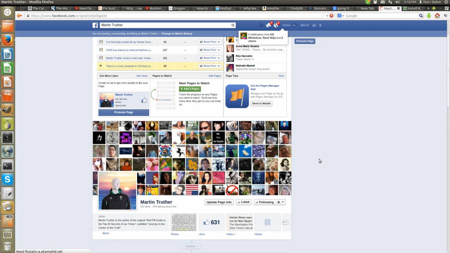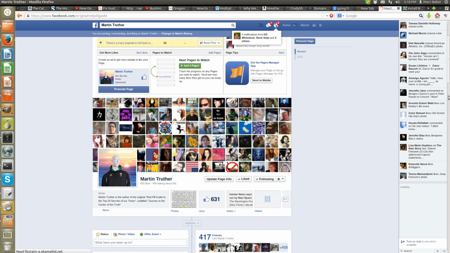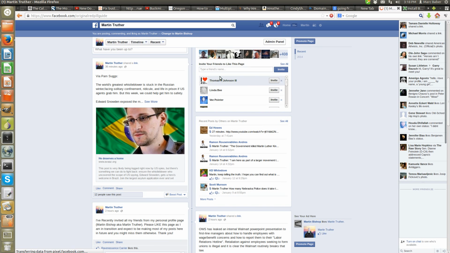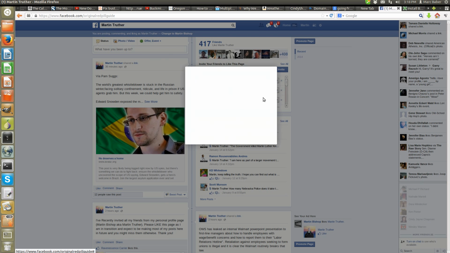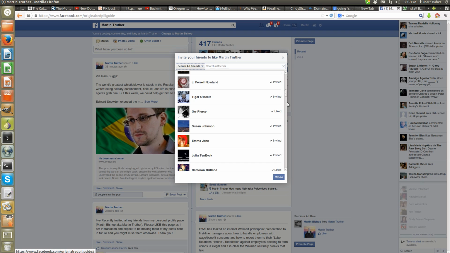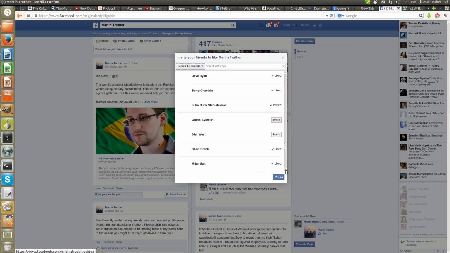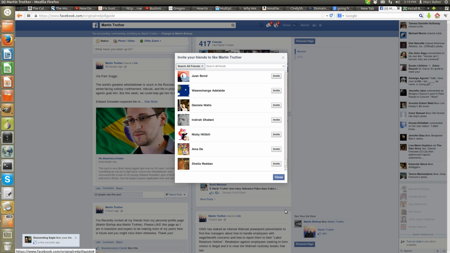There we go. There's the 417. I go See All. Now it's very important that you scroll down to the bottom of the list that pops up, so that all of the code will be in the underlying page. This JavaScript operates on the document object model, and for it to work, you have to have the document object model fully specified. So what I'm doing right now is I'm scrolling down, holding and moving the cursor. Sometimes that helps it move a little bit faster down, but the idea is to get the entire list in